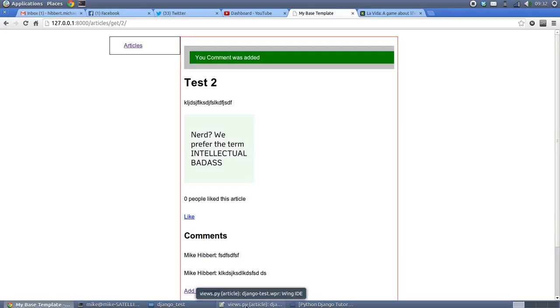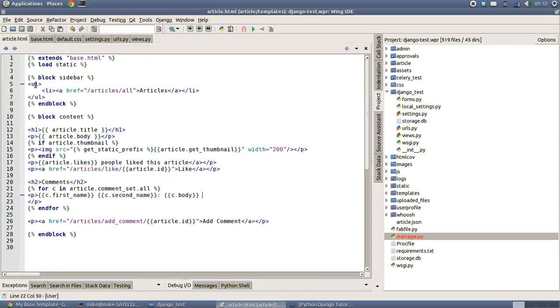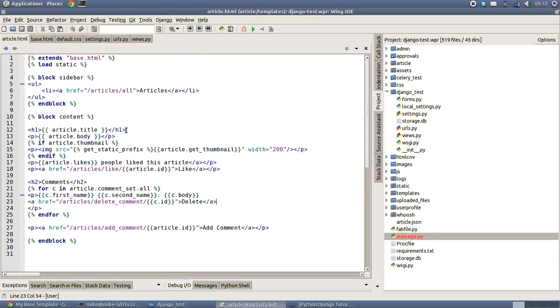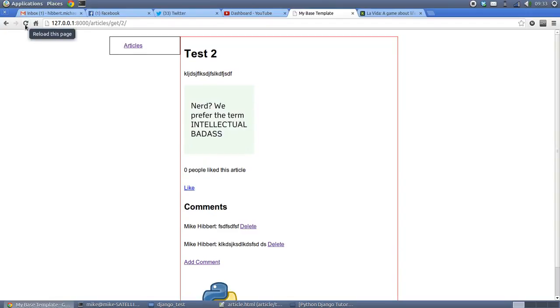Now we mentioned that we've created a view that actually handles deleting, but we haven't actually put the link in so that we can delete it. So under our articles template, I'm going to quickly add in a link, and that's just basically passing through articles delete comment with the ID of the comment that we're using in here with the word delete. We don't need to do a refresh or restart the server to get that to work. We just need to add it. So then, as you can see, that basically forms a good enough URL for us to pass that through,